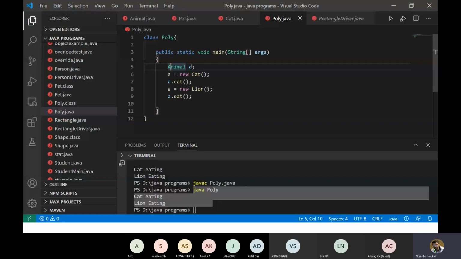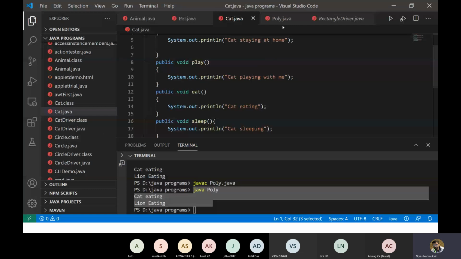So that's happening here. Initially, we create a universal variable, animal A. And we are using this animal A variable, or remote controller, to control the object cat here. With the help of this variable, we are calling the eat function inside that object. We create an object cat, right? Inside that cat object, there are a lot of functions defined here: home, play, eat. These are the functions inside the cat object, and we are calling the function eat inside that cat object with the help of this variable, or remote control, A.